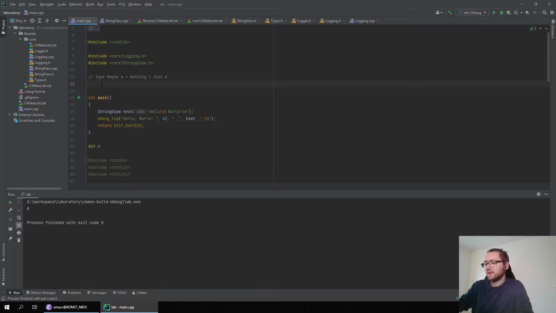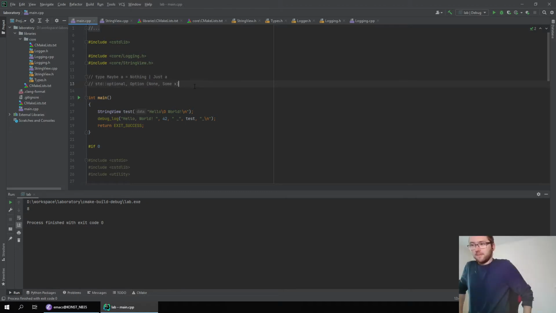I think the C++ standard library has std optional, which is very similar. So you either have a value or you don't have a value. And in Haskell it's called Maybe, and it's sometimes also called Option. So Scala has a type called Option, which basically is the same thing. In Scala, the constructors are called None and Some, corresponding to Nothing and Just.